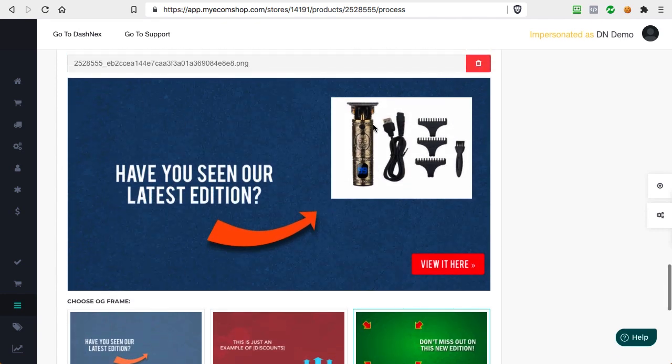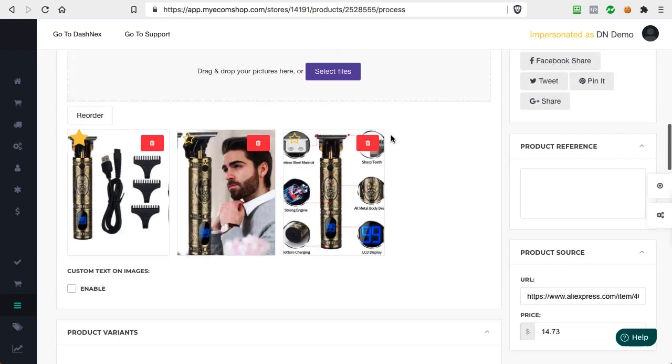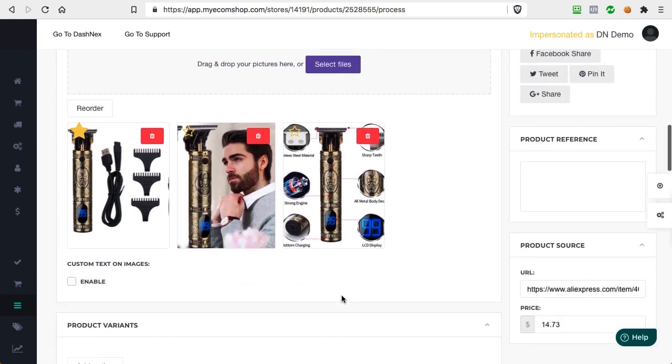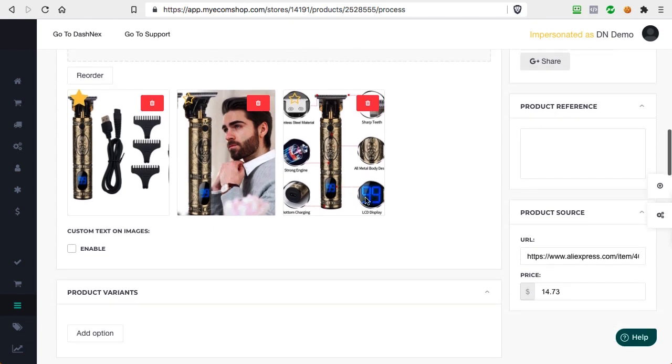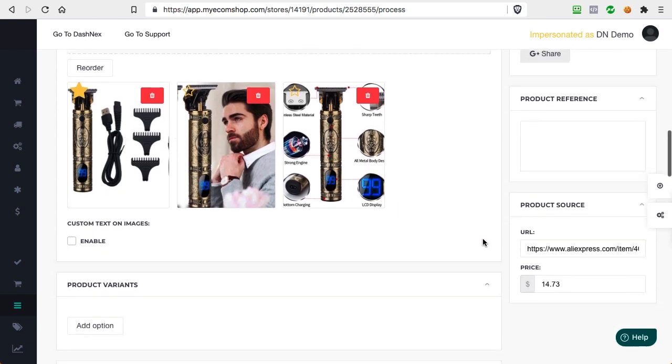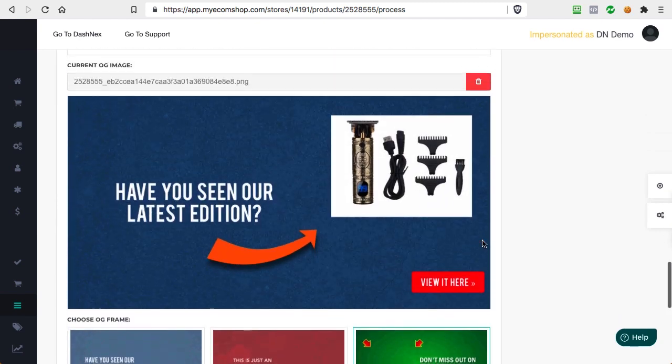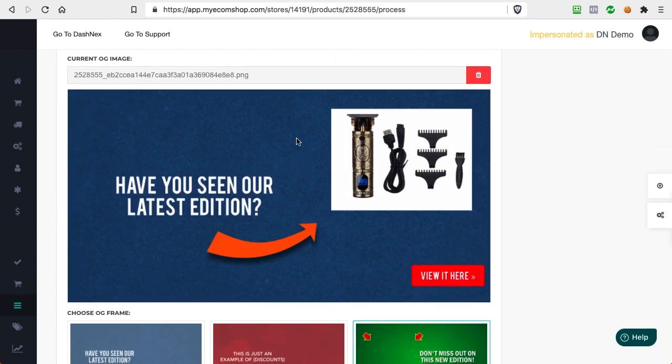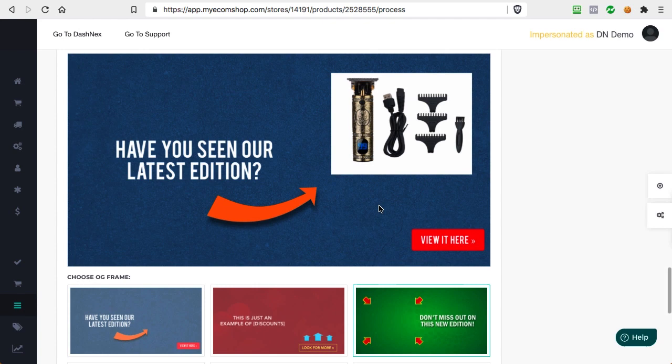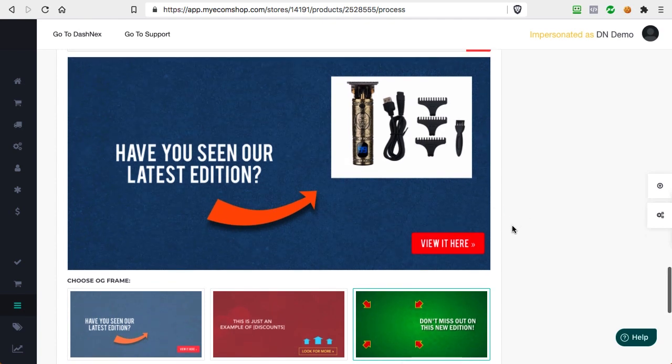But even this image is better than just showing a default image of a product, because the default sizing of the image will be completely different from the Open Graph sizing. As a result, your page will not look as nice on social media as it could.